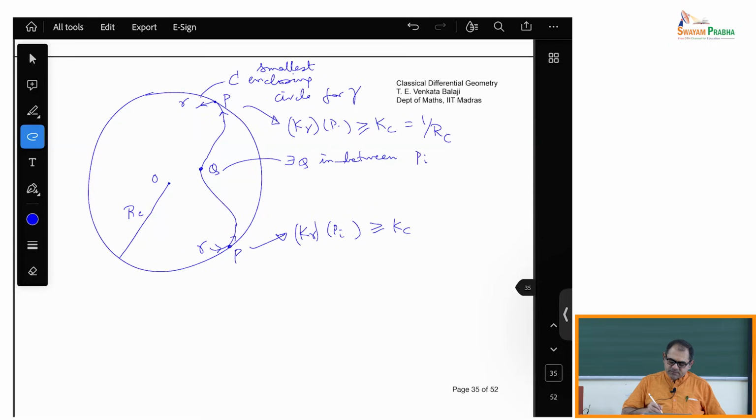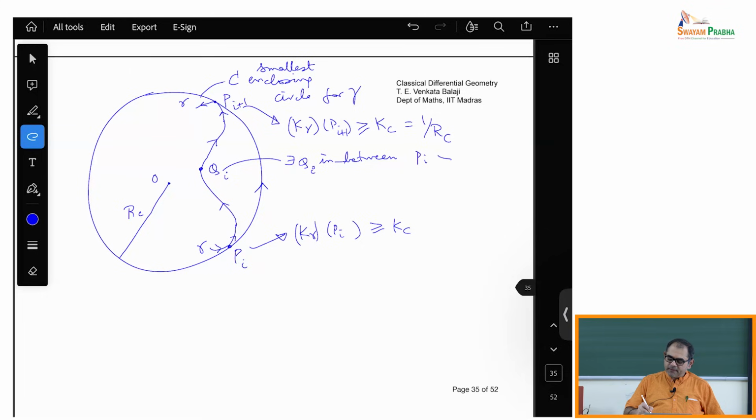So I will call this Pi, and this is Pi plus 1, and I am moving like this along the curve, and along the circle I am moving like this. Okay, so this is going to be Pi plus 1, and this is going to be Pi. And the claim is that there is a Q, a Qi if you want,